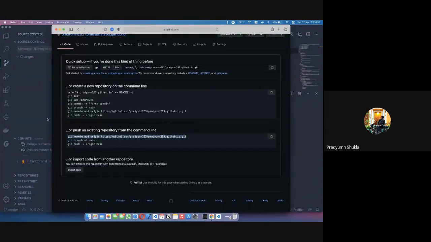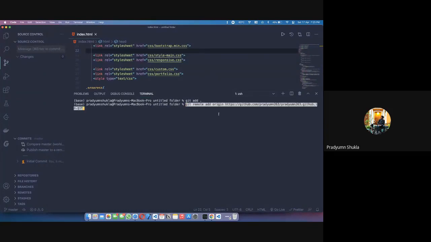I can either do git remote add origin with the exact command, or I can use the GUI over here, which is Remote, Add Remote, and then it will ask me for a URL. To show you, I will just use it. It asks me to pick a repository source, and I can copy paste this URL which was given to me, and then it will automatically add it. Or I could just use the command which they graciously provided me.